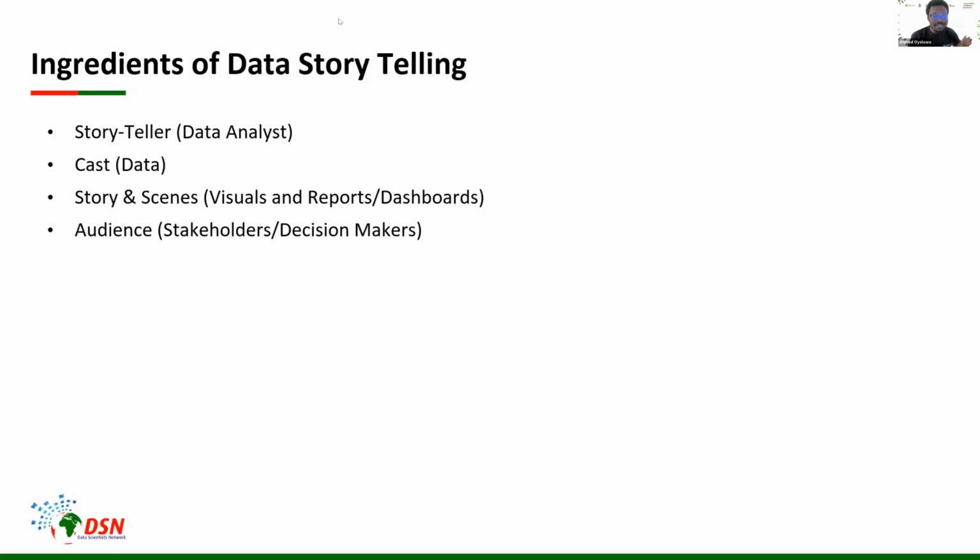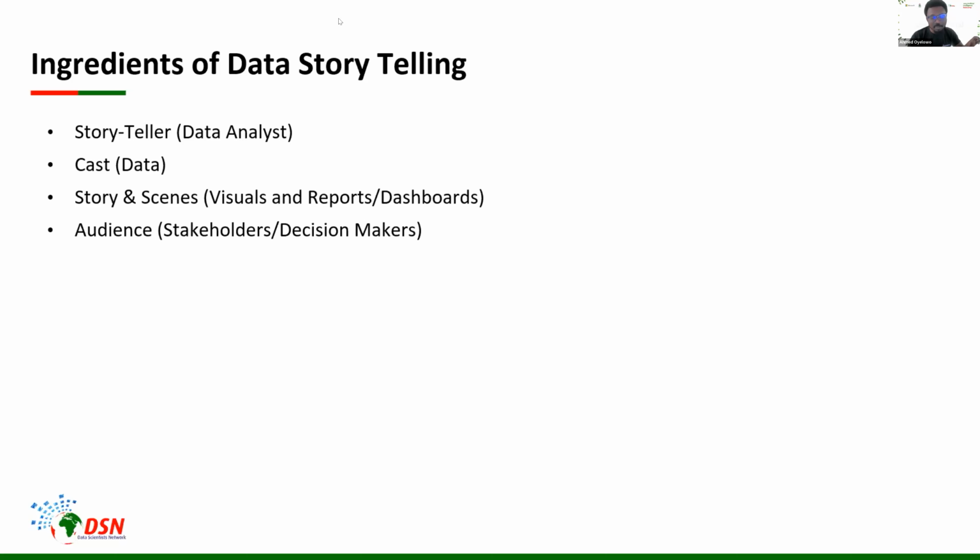Now, the final ingredient of data storytelling is going to be your audience, the people that have to go to the cinemas to go to watch the movies. But in this case, they are real human beings, and these people really just want to make better decisions. So you have to think about your data storytelling like this if you are going to create effective data stories, right? So think about it like a real story. Think about it like producing a movie, which basically means that you are standing as a storyteller.